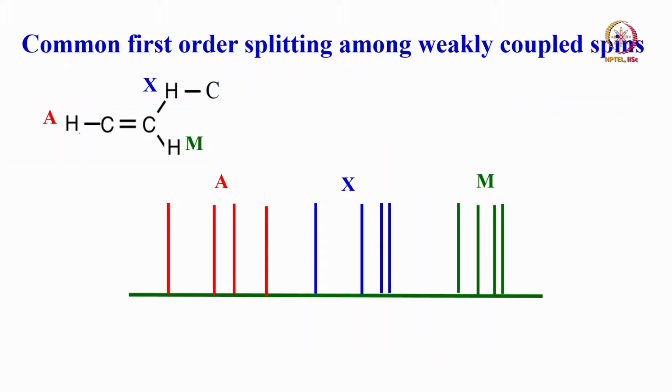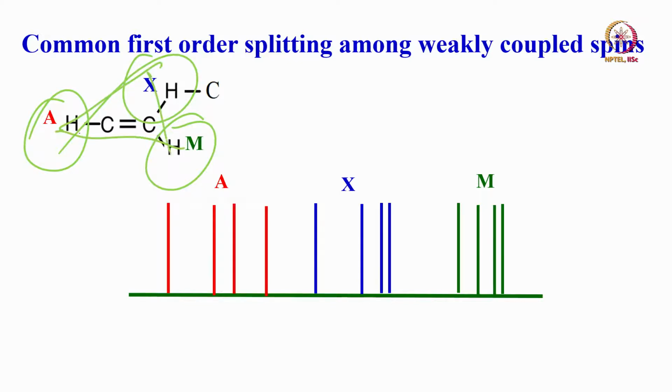Now if you look at many molecules like this, there may be chemically equivalent spins, and chemically non-equivalent spins, varieties of combinations you can think of. Consider the situation where we have proton A, proton M and proton X, all chemically inequivalent. Then what type of pattern are you going to get? There are three types of coupling you can think of: coupling between A and X, A and M, and M and X. Depending upon which coupling is larger or smaller, the patterns can change at the site of the nuclei you are observing.